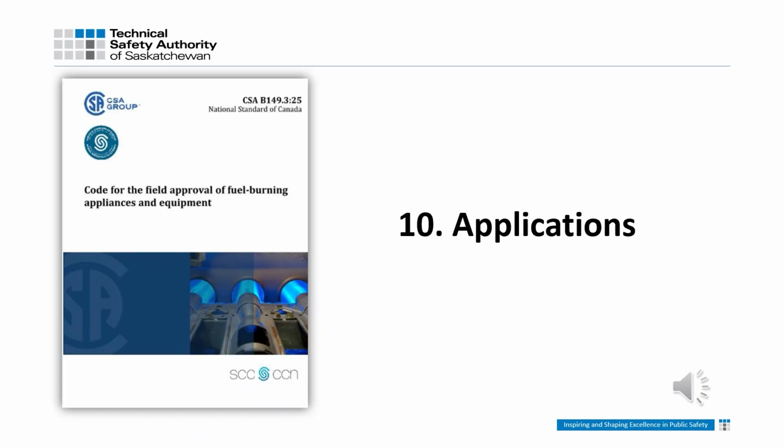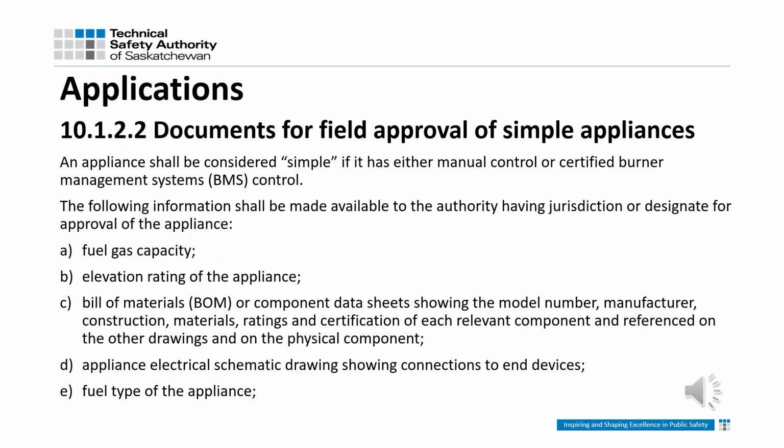Section 10, Applications. 10.1.2.2, the following clause has expanded upon the documentation requirements of existing clause 10.1. It is written as a list and using appliance complexity as a separation between complex and simple appliances, where more or less documentation should be required respectively. The additional requirements were added to give some criteria to appliance IOM documentation, which is radically inconsistent at the present time.